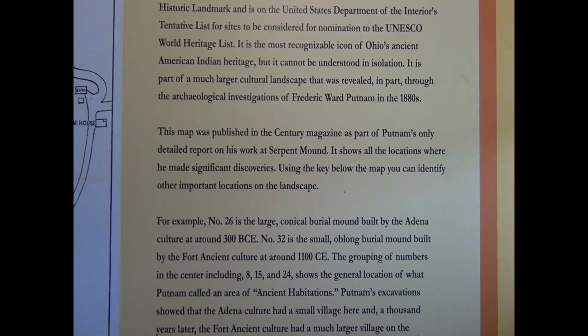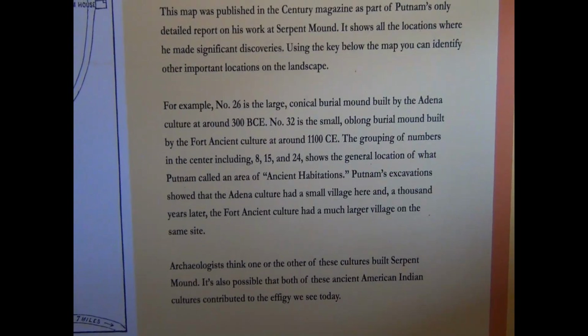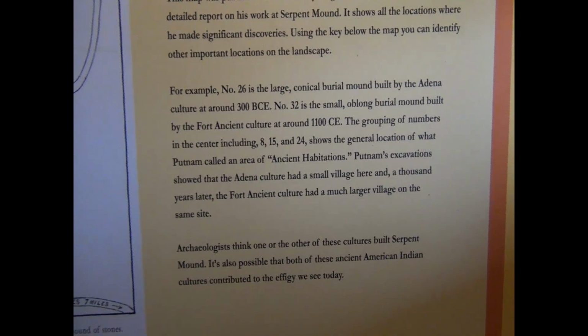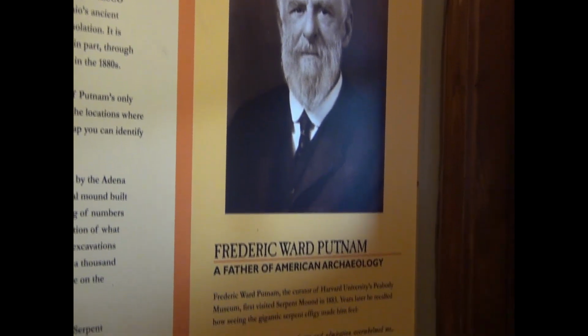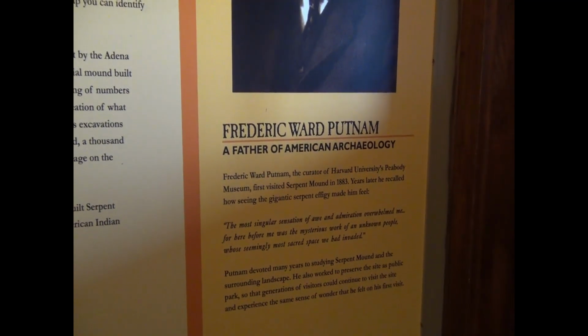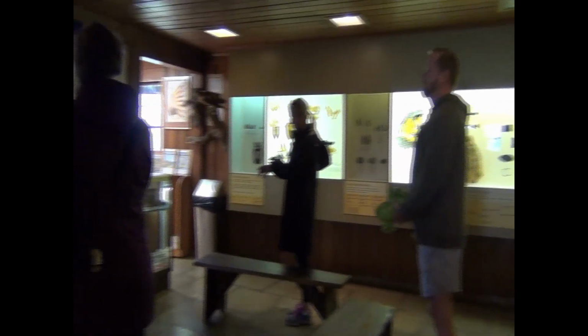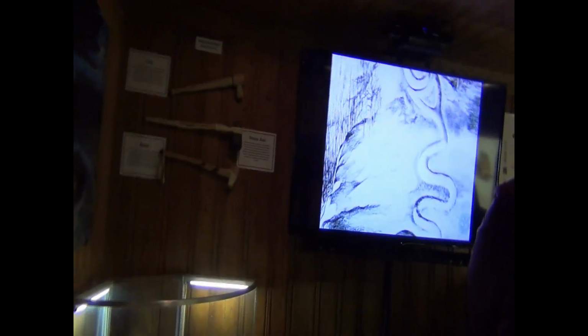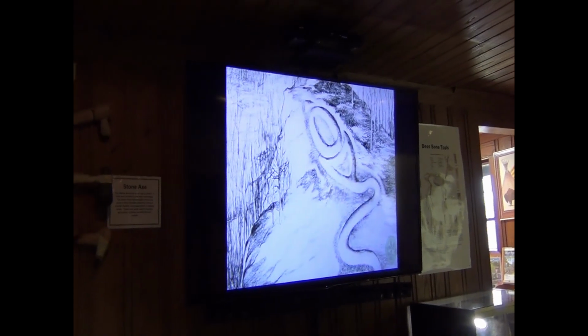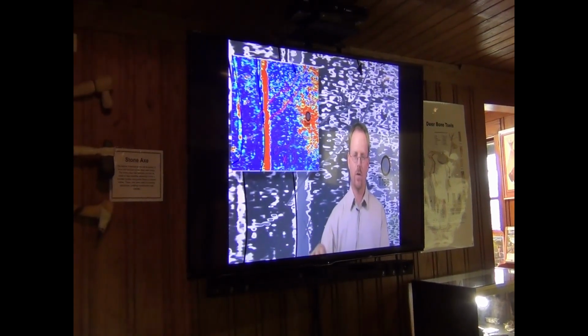Now, ground-penetrating radar and new technologies are allowing us to look literally into the earth and back in time. We detected what looked to me to be a new undulation in the shape of the serpent coming off of the right side of the neck, right below where the head attaches to the body. And this wasn't just a little squiggle in the magnetic data. This was a full-on shape of a coil that looked exactly like the shape and size and geometry of the other coils. It doesn't seem to fit with today's iteration of the serpent. This coil was associated with a different version of the serpent than we see today. And I think I can say with some degree of certainty that this is a case of them probably changing the plan. It looks to me that this extra coil...